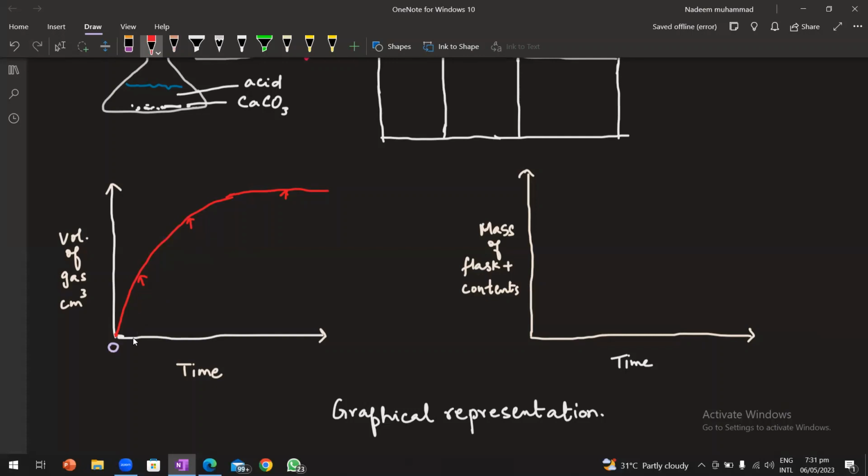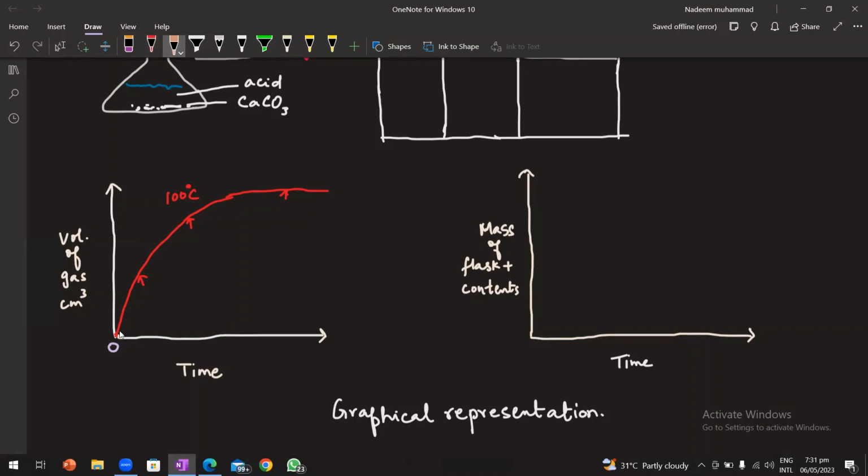But in the question, they have asked you, okay, you have hydrochloric acid and you have to perform the experiment. You have to repeat the experiment by taking acid at different temperatures. So that means you will get curves for different temperatures. For example, say this is the curve that you have got at a high temperature, at 100 degrees Celsius. Now if you perform the same experiment at a lower temperature,